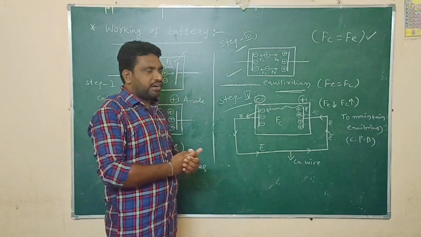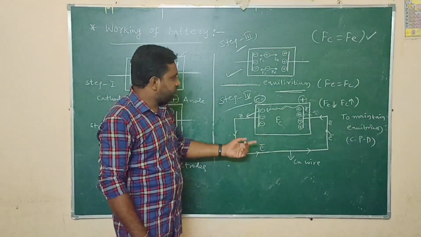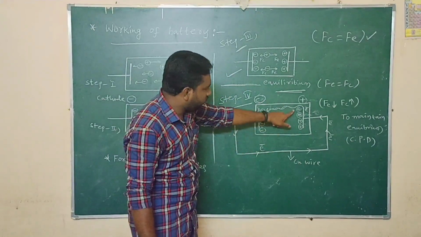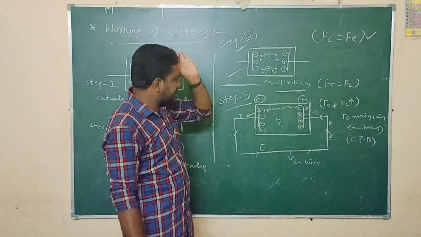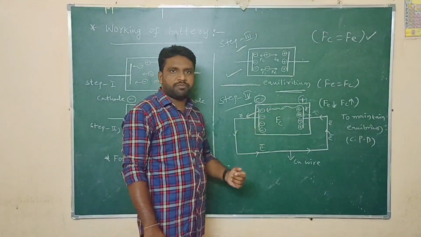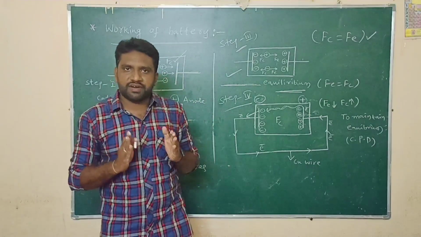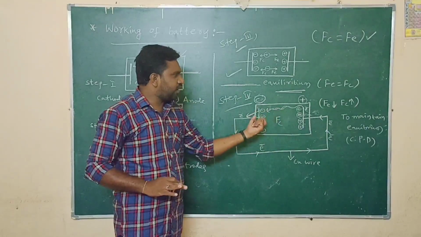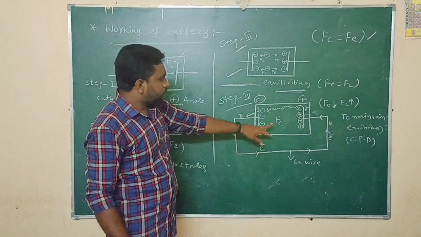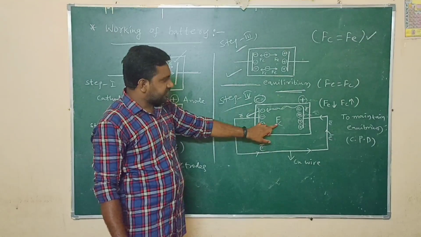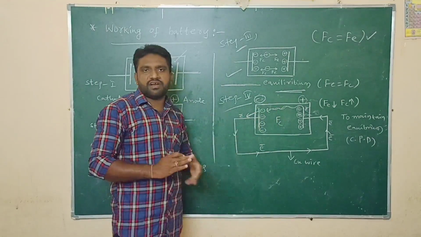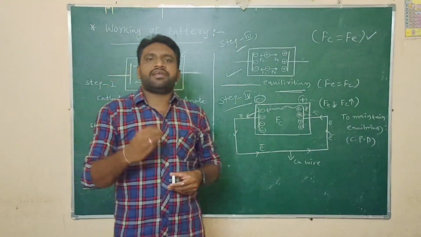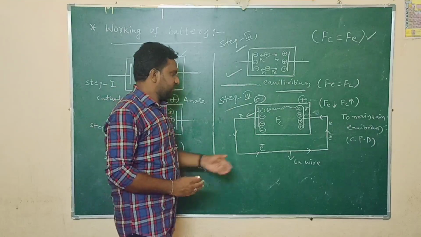So what is meant by constant potential difference? Here just try to observe the number. Here 4 positive charges are there, 4 negative charges are there. So this is nothing but constant potential difference. The difference in number of electrons is nothing but potential difference. So the difference in number of electrons is 4. That is quite constant here. So in this way, with the help of the chemical force inside, the battery is able to maintain constant potential difference. Then the final question is how the battery is going to be discharged. So that is what I am going to explain now.